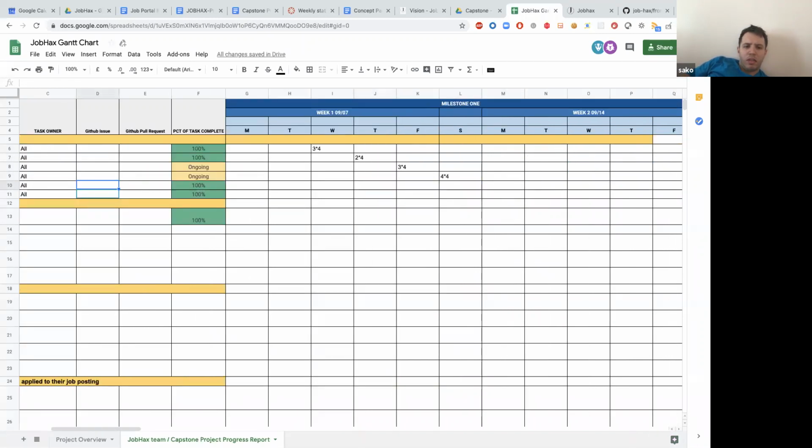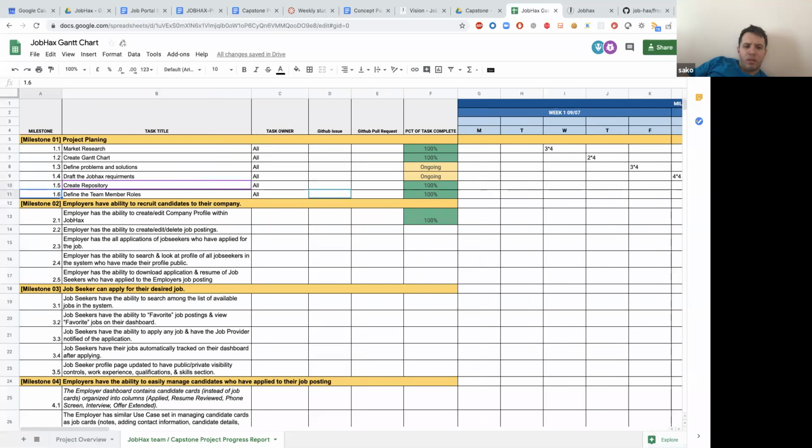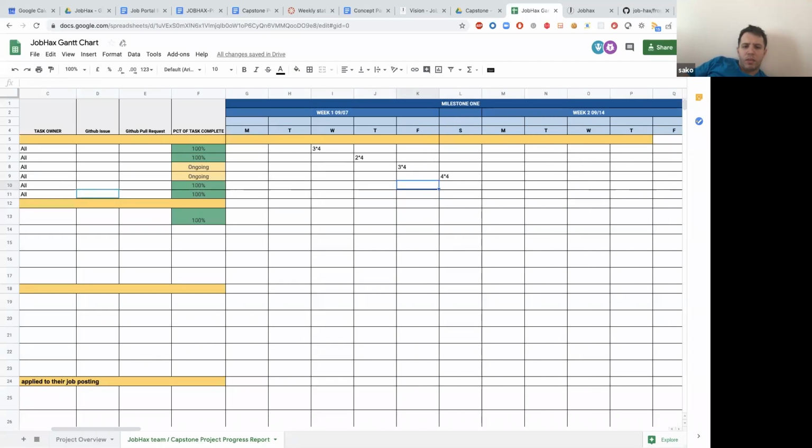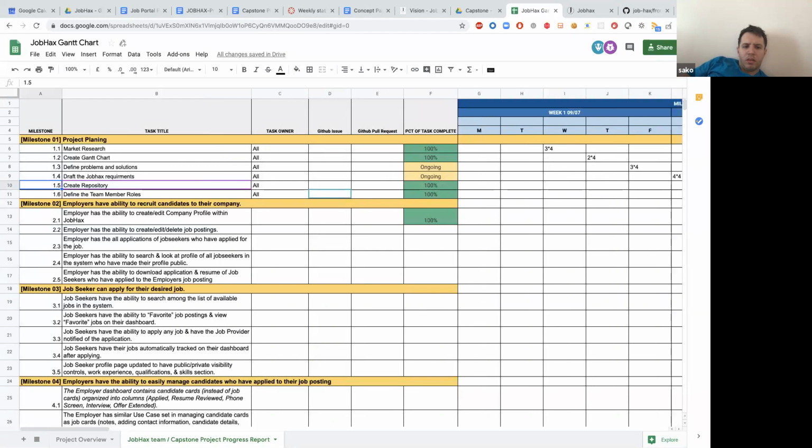And what's that task? Define the team members and roles. We can put 1 hour for each one. Define 1 to 4. I think maybe just 1 hour: define team member roles.